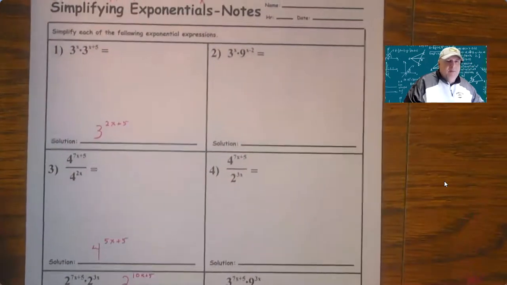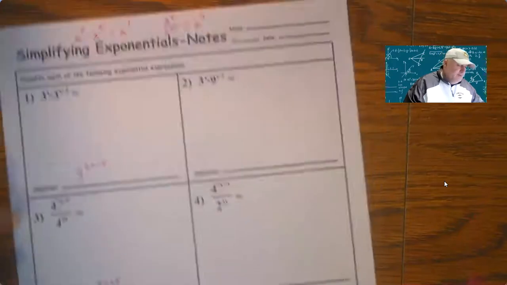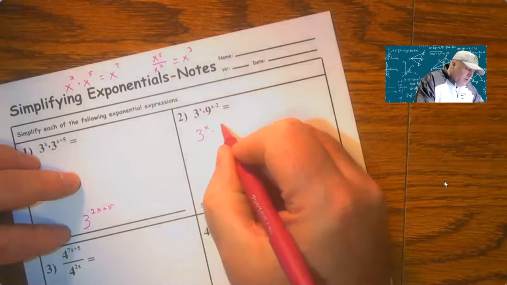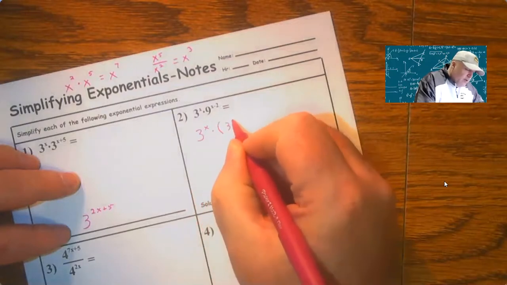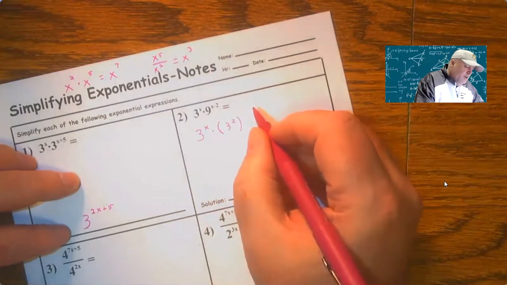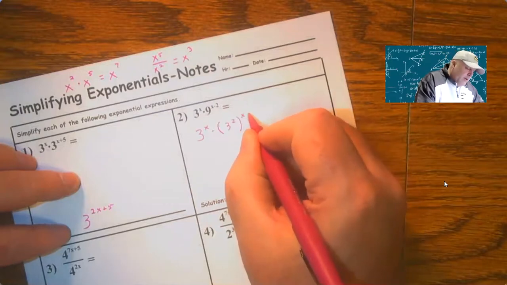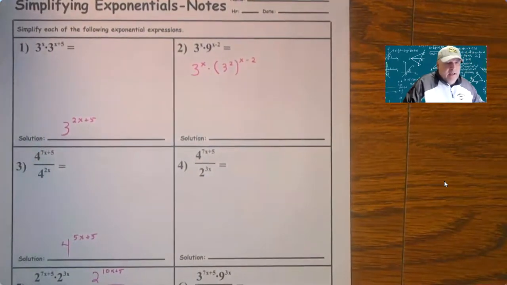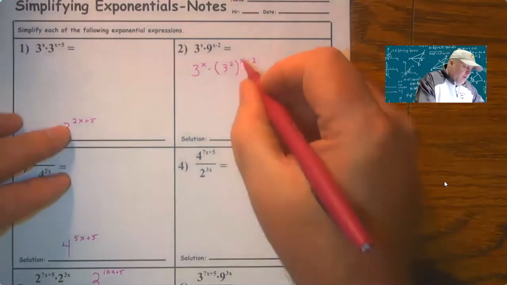So what happens if you're multiplying together and the bases are different? Well, what you try to do is rewrite one of the bases in terms of the other. And so what I did here is I took the 9, and I can write the 9 as 3 squared. And so what good does that do us? Well,